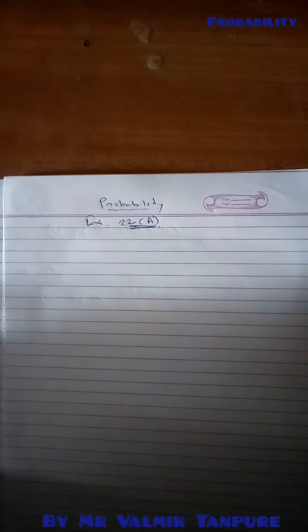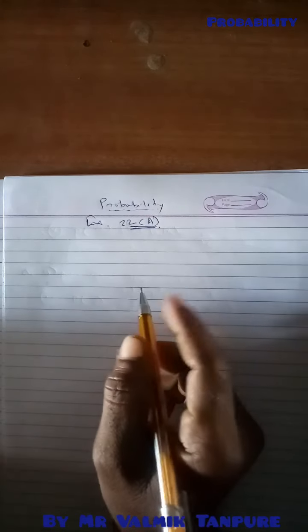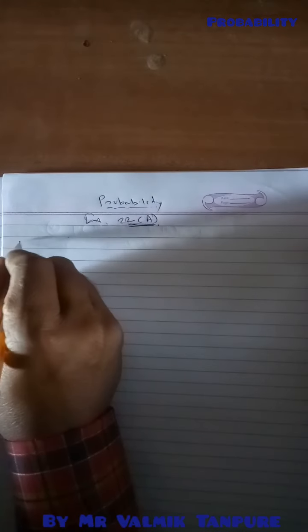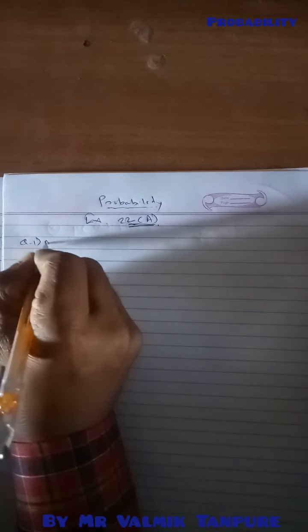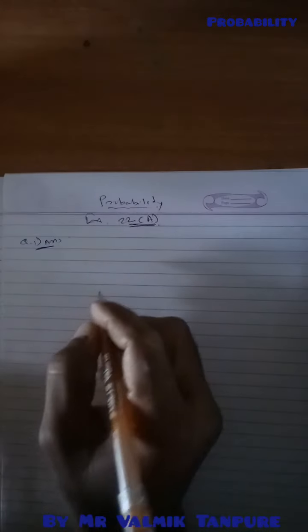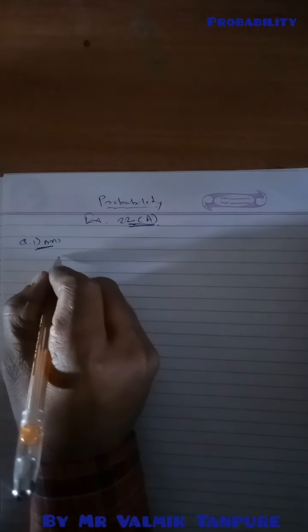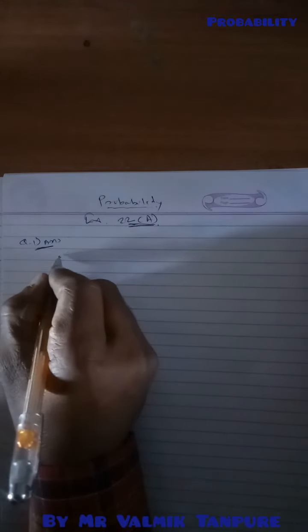Now we have the question 1. A coin is tossed once. You know that a coin has a head and a tail. So we will see question 1 here, and I'm writing the answers only. You have the textbook. A coin is tossed once, so we have to find the probability of getting a head.